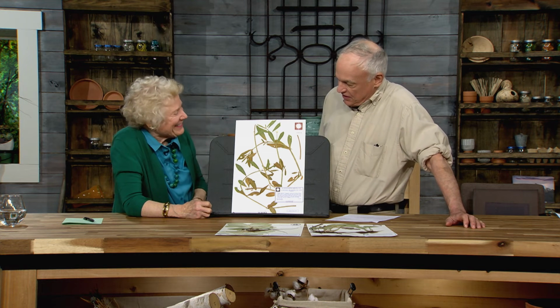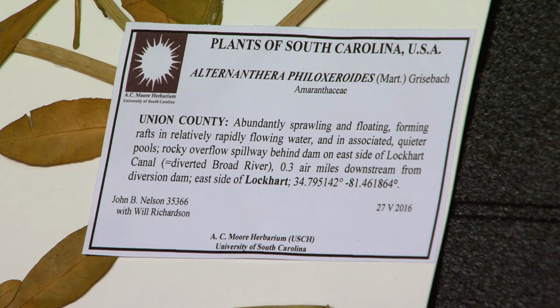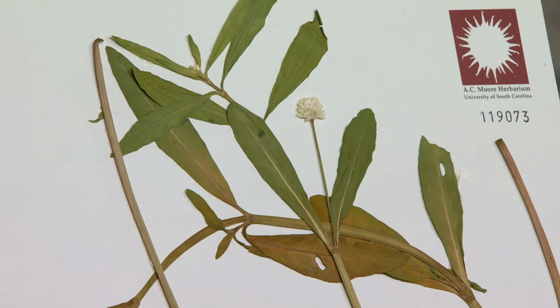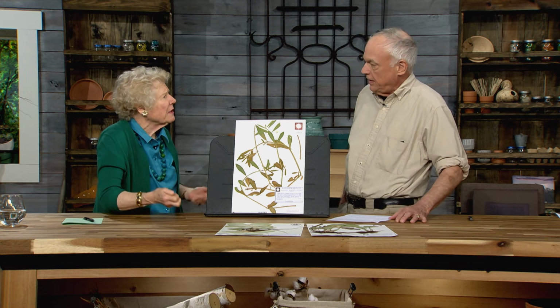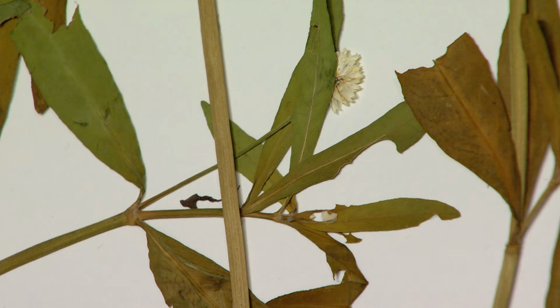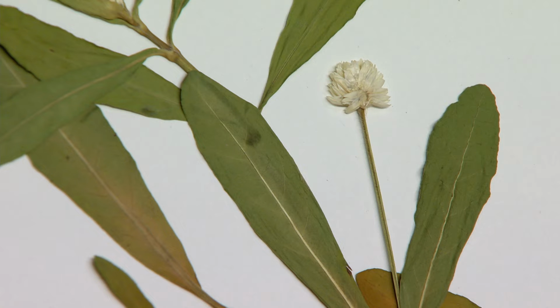This is another plant that can grow on relatively solid ground, but it really likes to be at the edge of a pond. If you've ever tried to get your boat through this stuff, it's a mess. Moreover, this will cover up small ponds and just be a total nightmare if you're trying to go fishing. Also there's no sunlight that can go into the pond. It's completely occluding all the light. We didn't point that out earlier, but you're right. What that does is occlude the other native species that should be there, the other aquatic plants that aren't nearly as aggressive. So this one, even though it makes flowers, and they're sort of attractive,